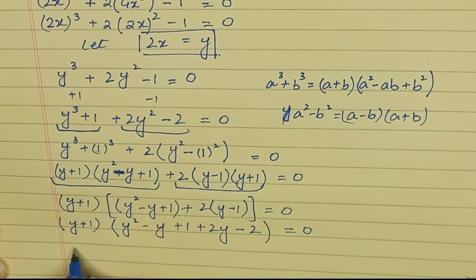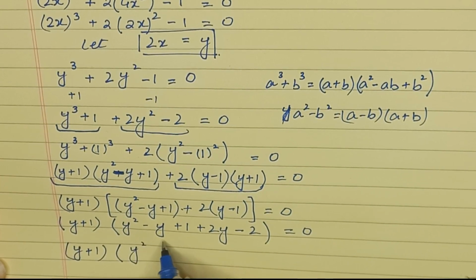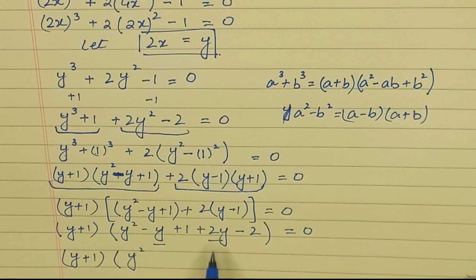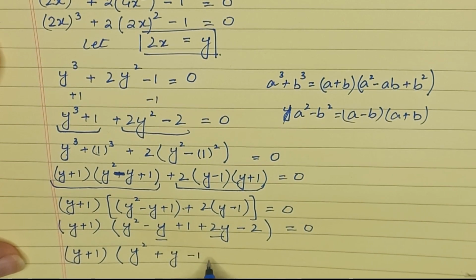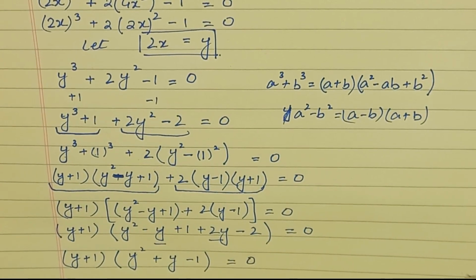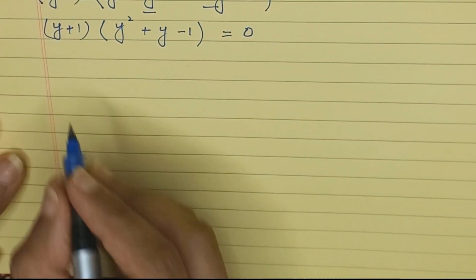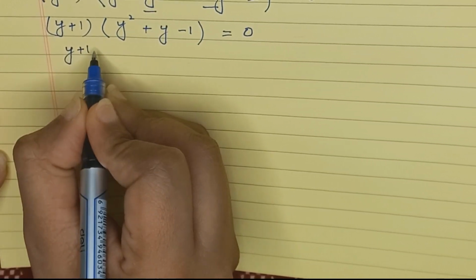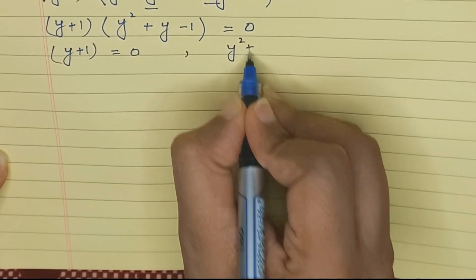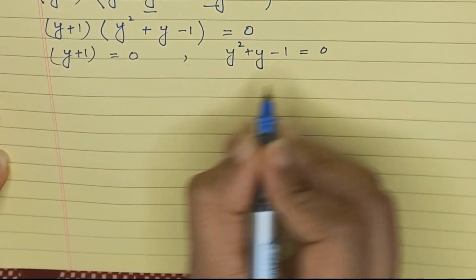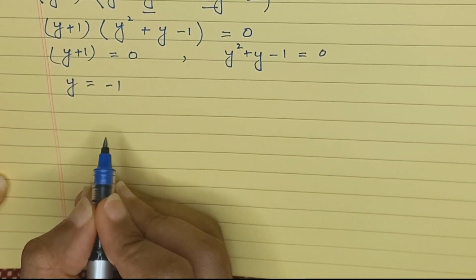Now y plus 1 into y square, like terms will be simplified. 2y minus y is just y, plus 1 and minus 2 is minus 1, which is equal to 0. So from here y plus 1 is a factor which is equal to 0, and y square plus y minus 1 is equal to 0. From here y is equal to minus 1,